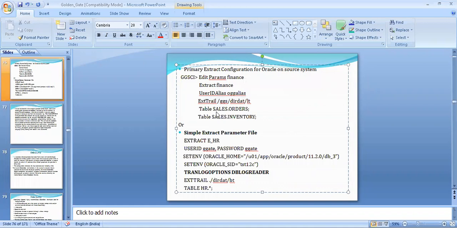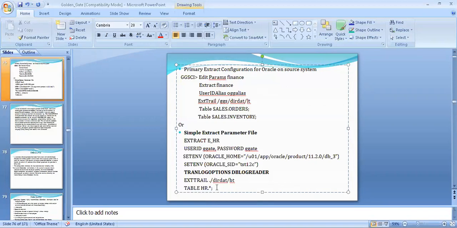In the parameter file, we will mention whether we want table level replication or schema level replication. So in this example, two tables are getting replicated. Same for the other example here. Here the extract name is e_hr and the username is this one.